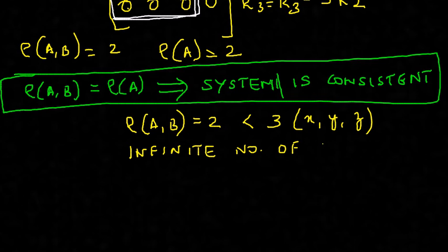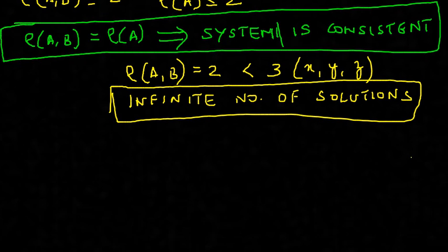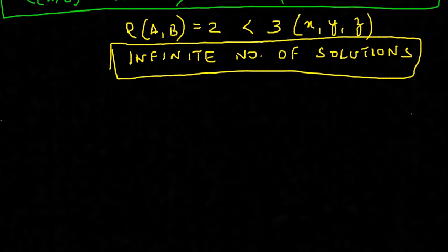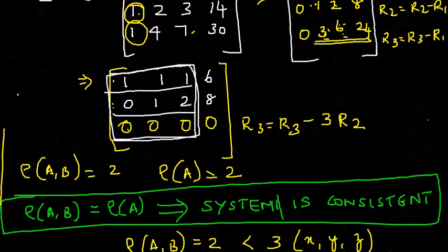So just get this clearly. If the rank of your matrix is lesser than the number of unknowns, then the system can be said to have infinite number of solutions. So now if I am going to write this matrix that we got in echelon form, this matrix here, 1 1 1, 0 1 2,